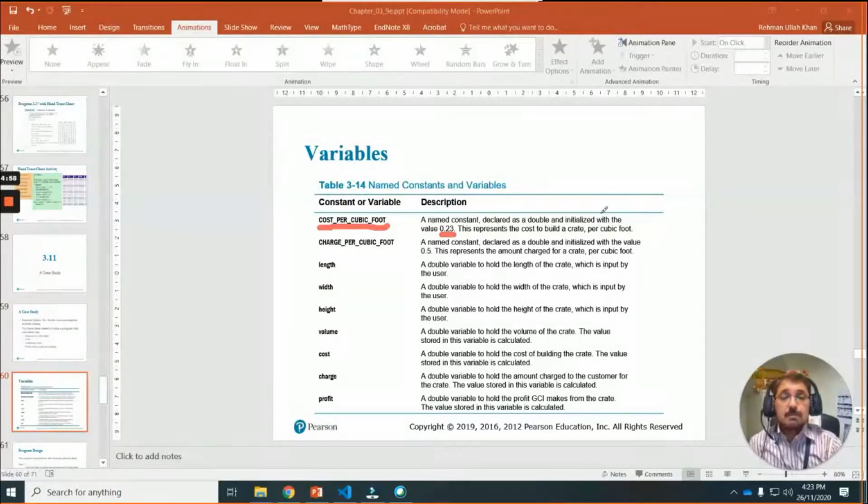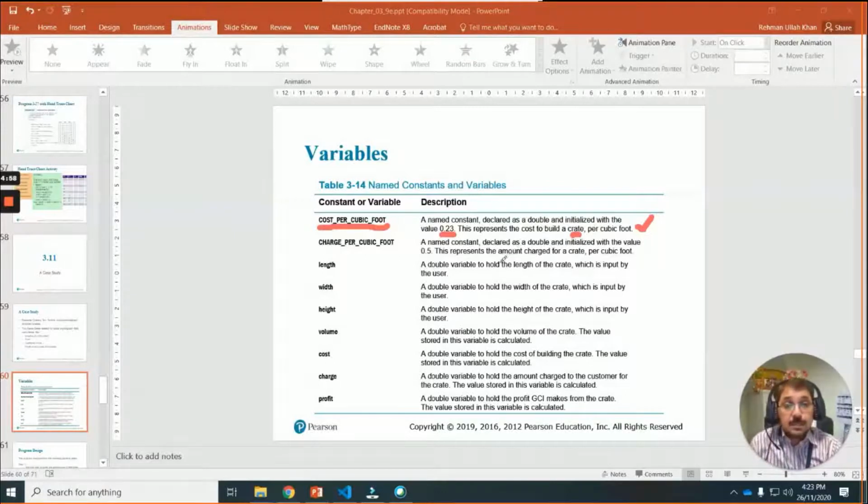So it means that per cubic the cost is 0.23, and this represents the cost to build a crate per cubic foot. You see, quite nicely explained, but actually this will not be given in the problem statement.